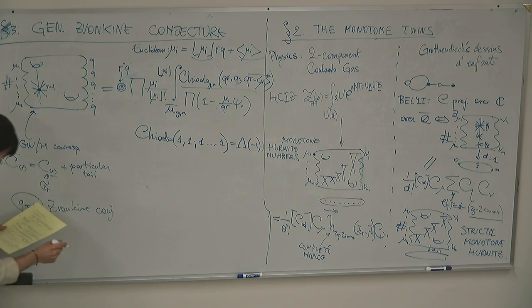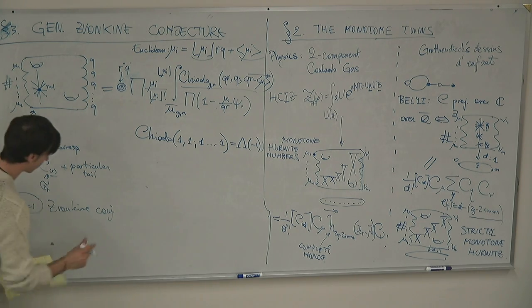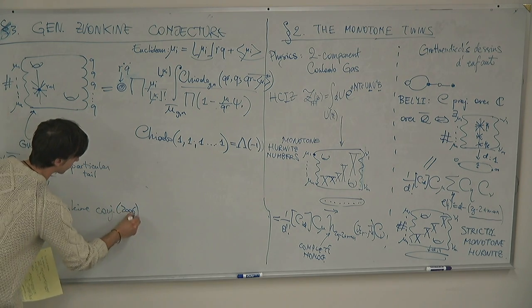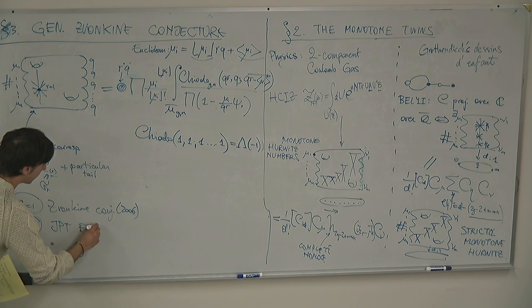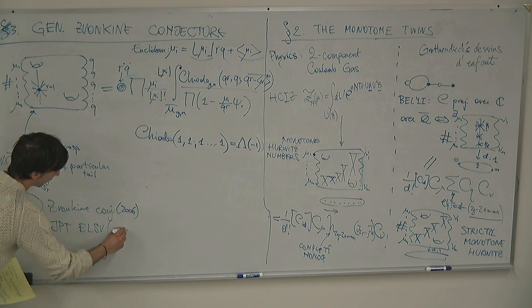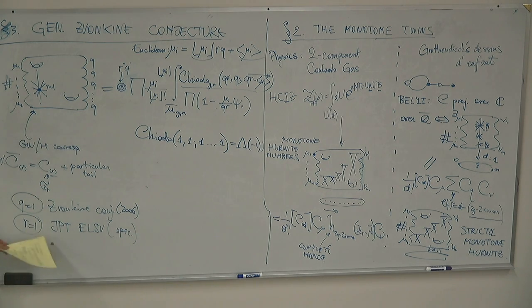Thanks. I wrote it correctly in the notes, and then this is 2006, and I think it was never published. It was never even on the arXiv, that's what I mean. And for Q equal to 1, this is the Johnson-Pandharipande-Tseng ELSV formula. It's a little bit specialized. Johnson-Pandharipande-Tseng is a little bit more general than that. And then